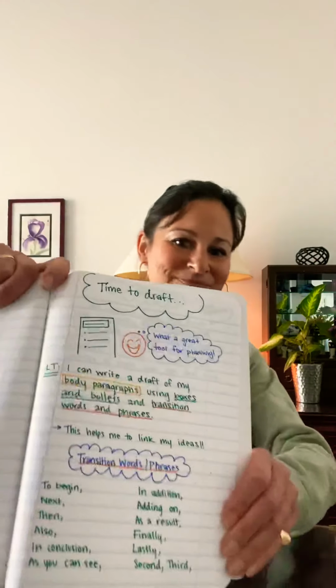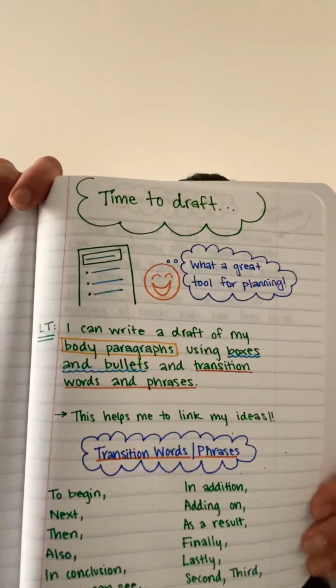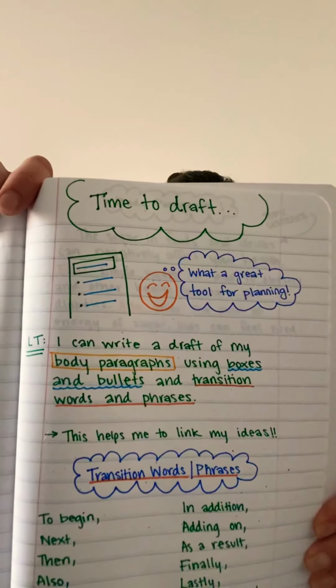So that brings me to the learning target. I'm going to read it aloud and I'm going to show it on the screen. And there is a photograph in Schoology, so you can follow along with me. The learning target for today says, I can write a draft of my body paragraphs using boxes and bullets and transition words and phrases. Okay, here's what it looks like. You can repeat it with me